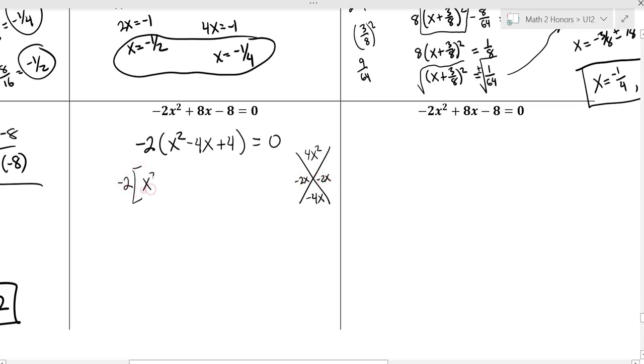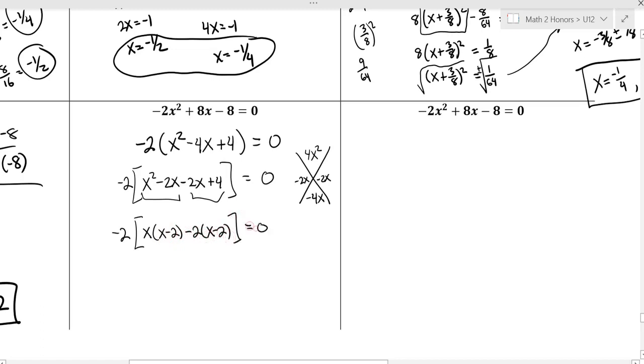Split this to x squared minus 2x plus 4, get 4 terms and factor by grouping. And when you're done factoring, you're going to get -2 times x minus 2 times another x minus 2